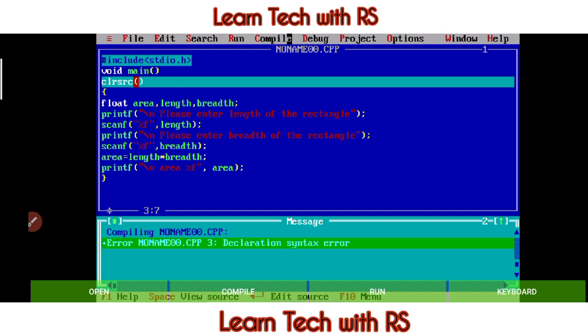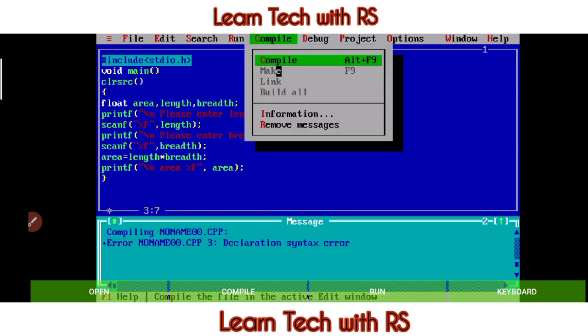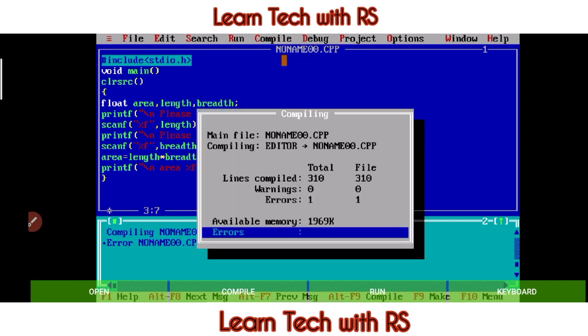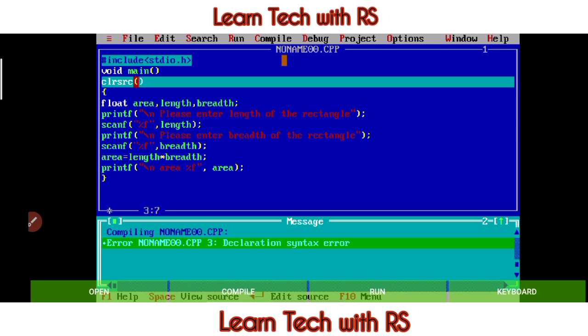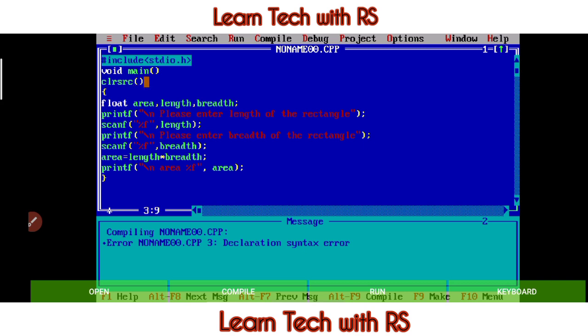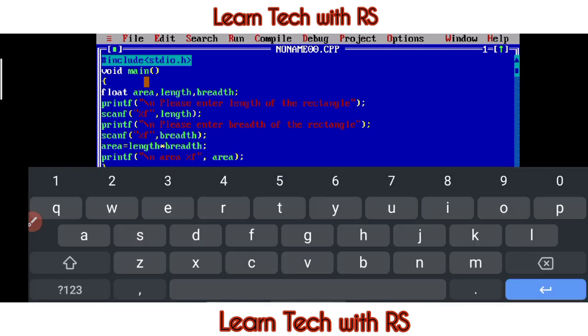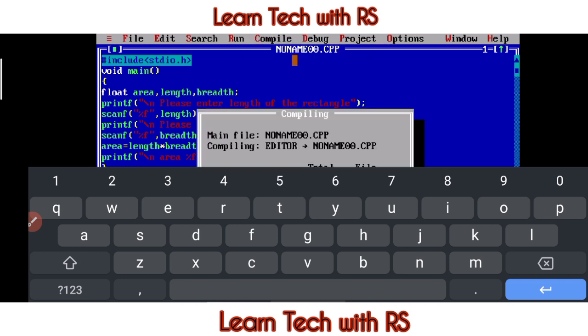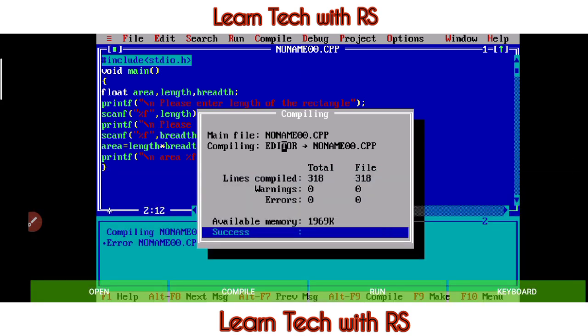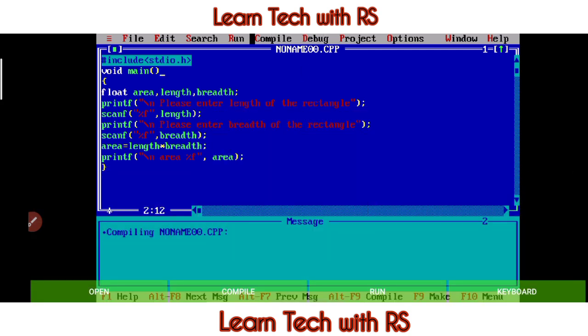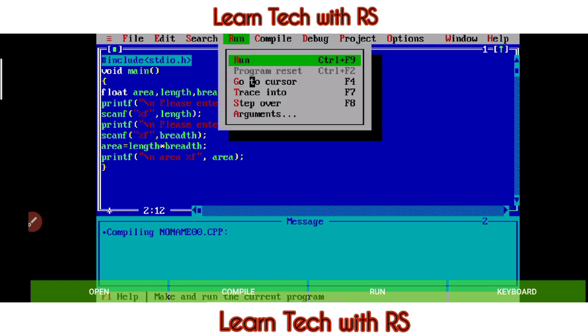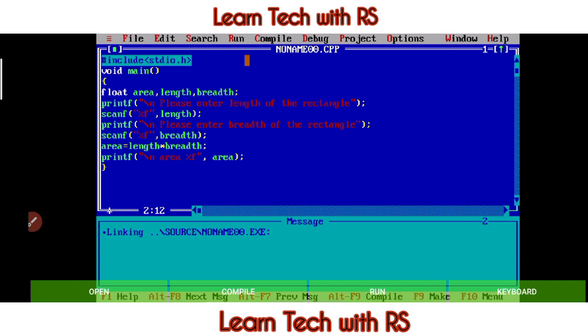Declaration syntax error. So basically the clear screen is there, so we will remove that too. Compile. Then run. I hope it runs, but it is not running.